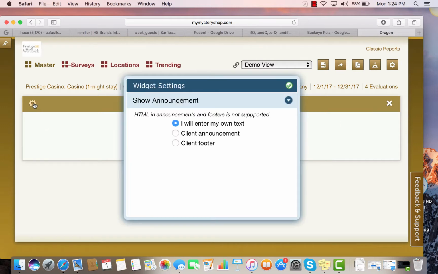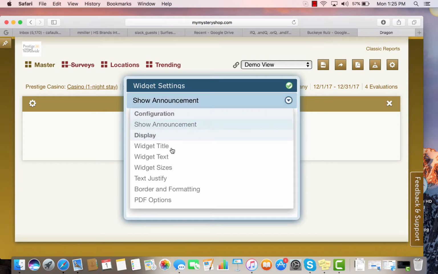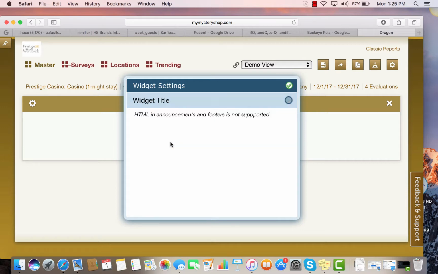So we're going to go in and we're going to configure it. We select the gear. Now this is an announcement widget, so there's not a whole lot to it. There's 3 selections here. You can enter your own text, or you can have the widget pull text from the client announcement, or if you have a client footer set up, the client footer. So we'll just enter our own text. Now we go here, drop down, and these are all the things that are configurable with this specific widget. Every widget configures slightly differently. That's why it's really important to look at that widget document because it will go through what you can configure widget by widget. So you can change your widget title, and we're going to say demo